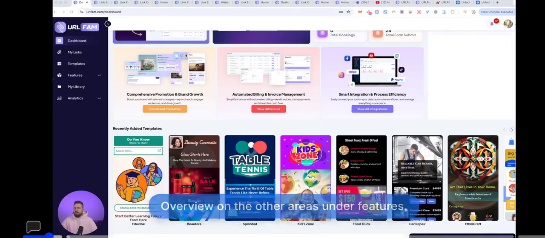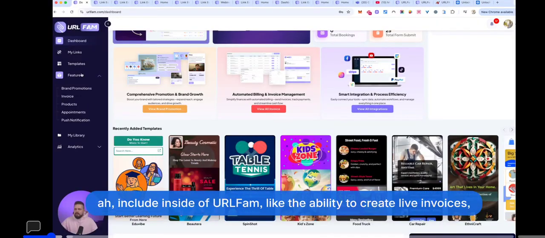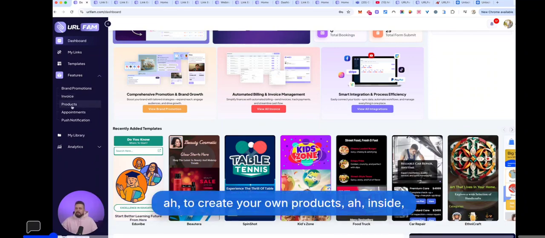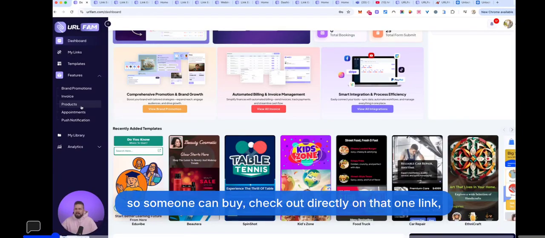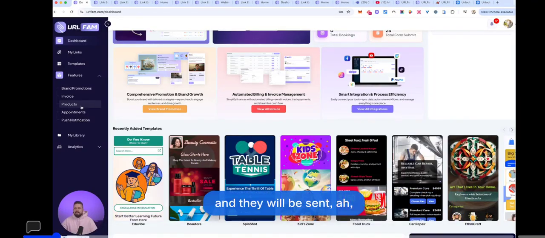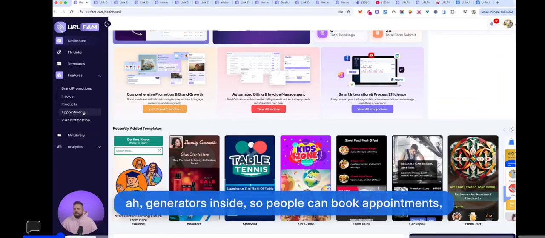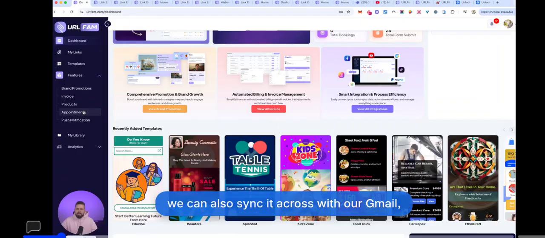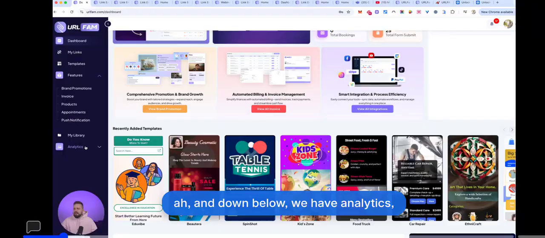Now, to give you a little overview on the other areas under features, here is where we have some of our other tools that we include inside of URLFAM, like the ability to create live invoices, to create your own products inside, so you can add them onto your URLFAM individual page, so someone can buy, check out directly on that one link, and they will be sent emails with their login details or the product itself, intangible product or anything like that. Appointments, because again, we have live booking generators inside, so people can book appointments. We can also sync it across with our Gmail or our Google Calendar, push notifications, and down below we have